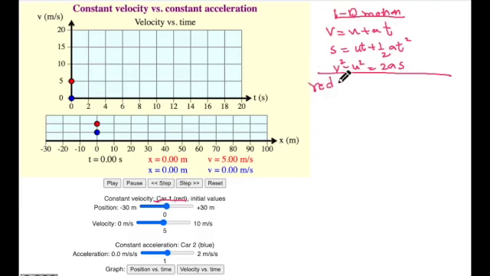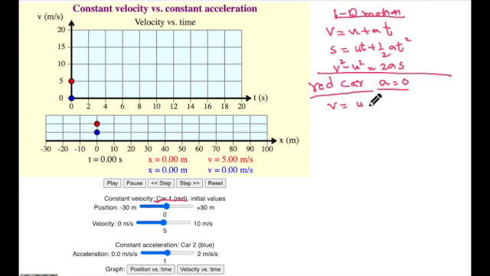represents the red car. In the case of the red car, the acceleration a is equal to 0. First let me write these equations for this condition. So v is equal to u